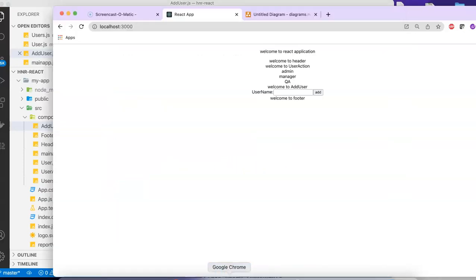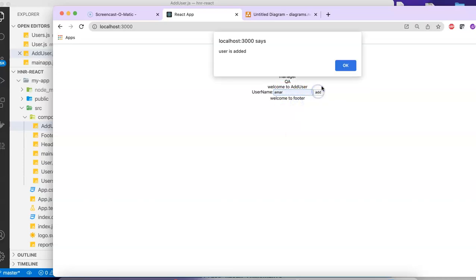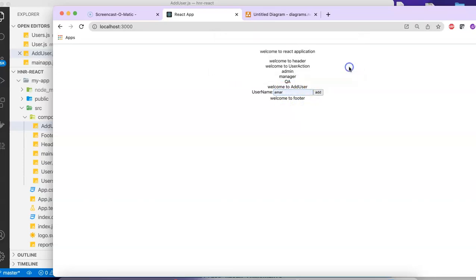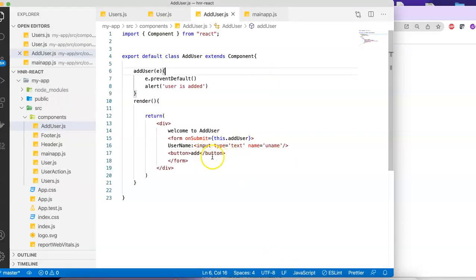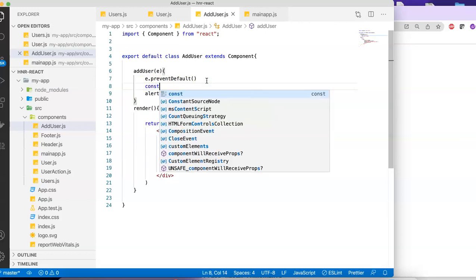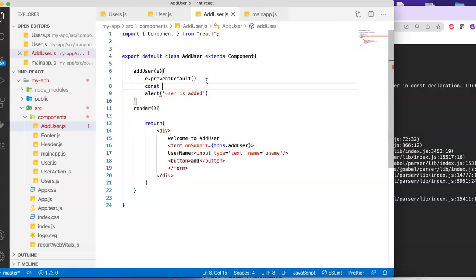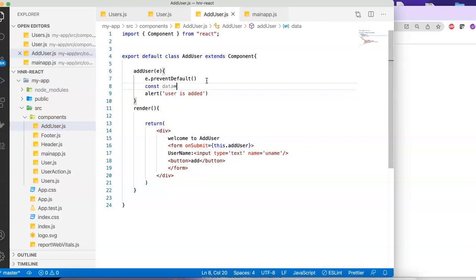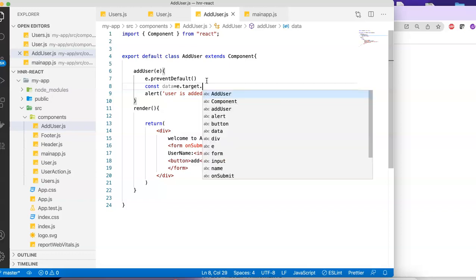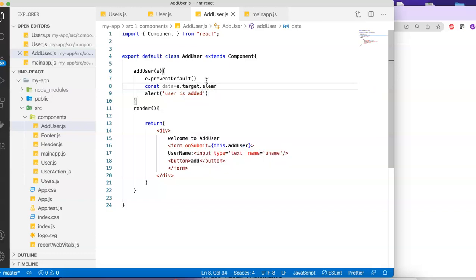But let's see, in my browser the text box is looking like this. That's perfectly fine. I would like to capture the value, the one which I'm adding here. So if I'm just adding it like this, I want to display it here in my alert message. So how are you going to pick up the value from the text box on form submit? Easy. What you can do is here I can have one constant called const data equal to, here we are saying e dot target, it is a predefined property, target dot elements,